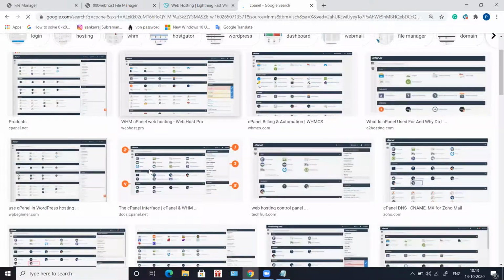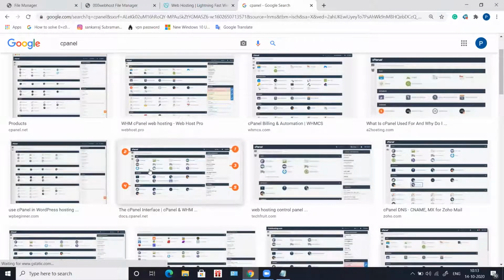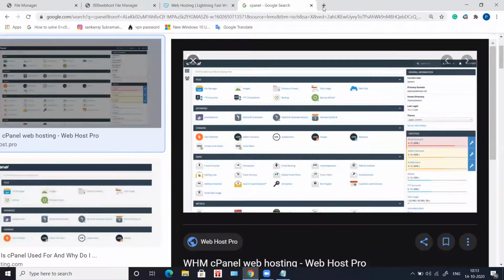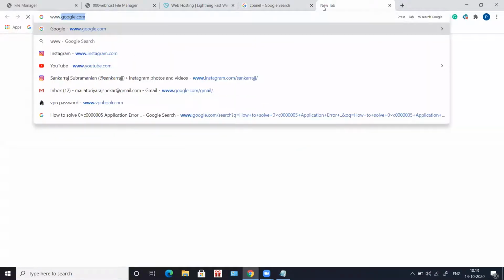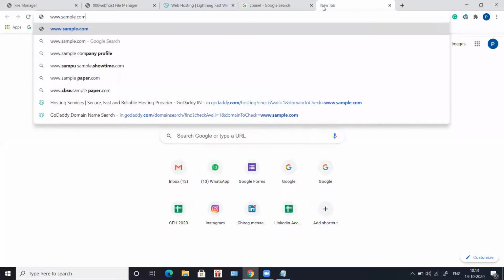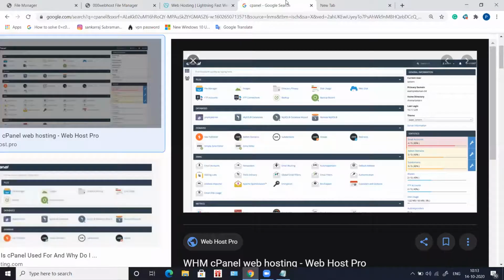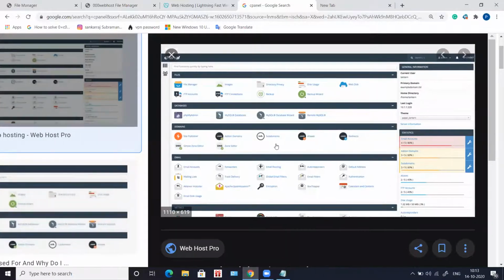So this is how a cPanel looks when you log into it. Normally, if www.sample.com is your website, then /cpanel is going to redirect to the control panel, and there it is going to ask you for a username and password, which will be given to you by GoDaddy when you buy the hosting. Using that username and password, you have to log in. Once you log in, this is how it looks.